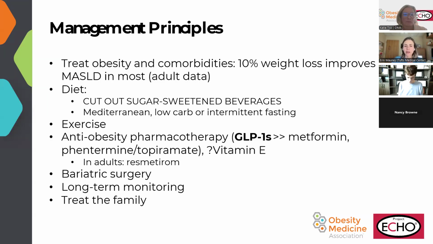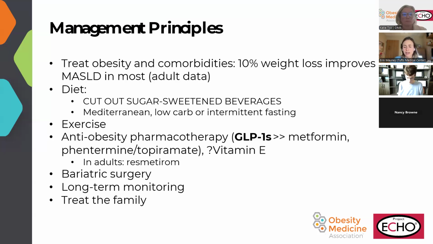I do think on that note also that referral to PGI can be helpful just to help explain why we're so worried about this, because as I mentioned, it's asymptomatic and sometimes it's hard to get people to be concerned about it. But you can get a lot of buy-in from families when you explain the concerns about liver transplant, about hepatocellular carcinoma, about the long-term risk factors. And I do find that really helps boost motivation.